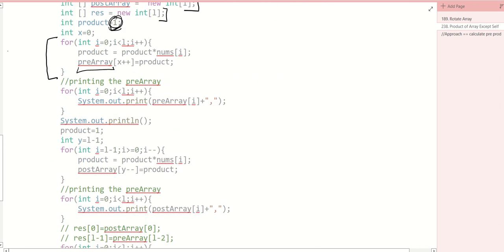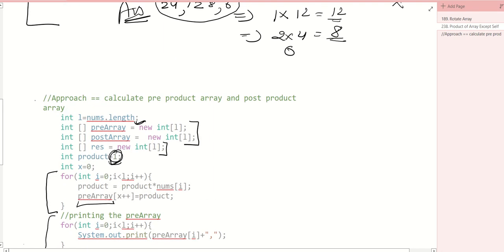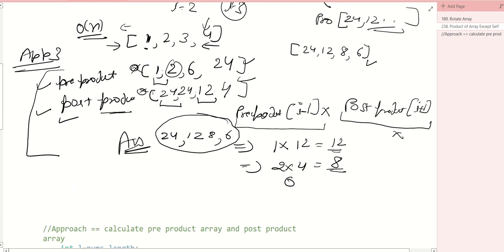So this is the pre-array, and then here we are printing it, and then again we are calculating the post array here. And as I said, for the post array we are going to enter the elements from the last. So let me show you. Right over here, in the post array we are trying to enter the elements from